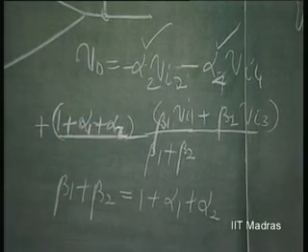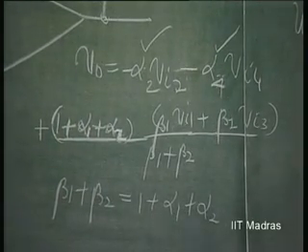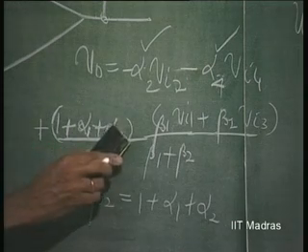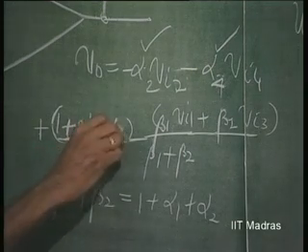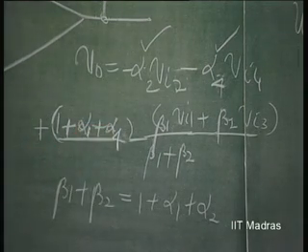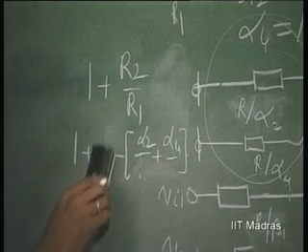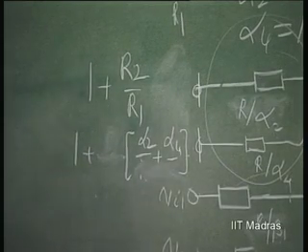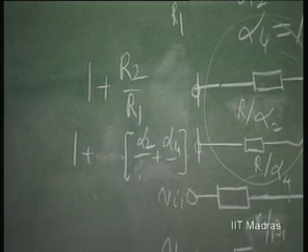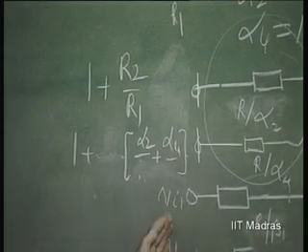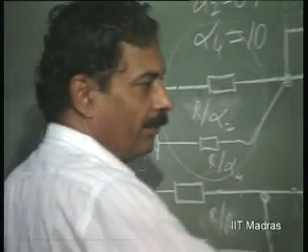Alpha 4, sorry, alpha 4. Then the attenuation because of this is beta 1